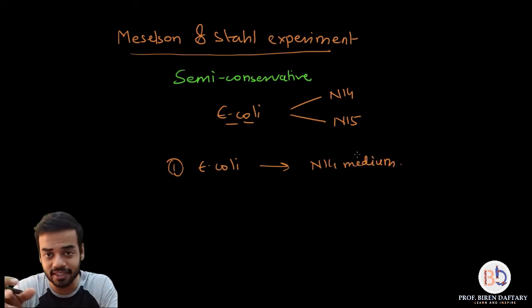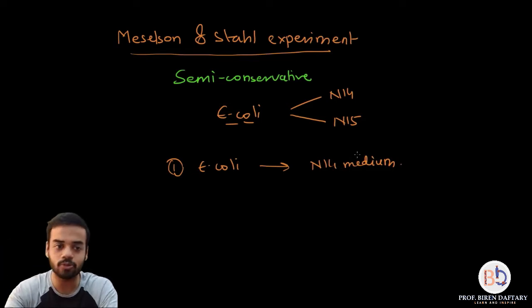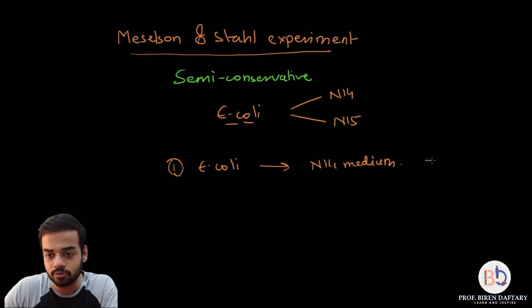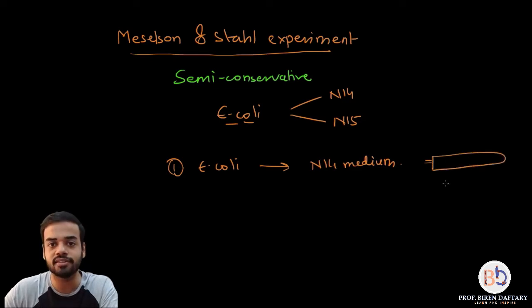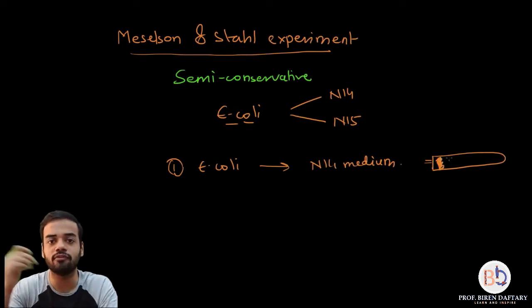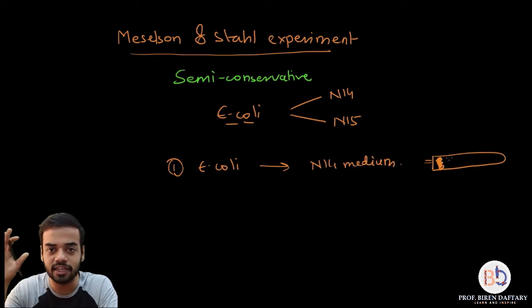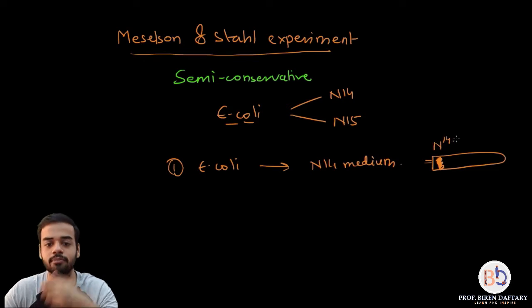When its DNA is getting replicated, and later on they took the DNA sample from that E. coli, they centrifuged it in 6 molar cesium chloride, and what they got was a tube which was something like this. So now I am showing a slanted tube indicating that it has been centrifuged. This is the centrifuge tube, this is the bottom, this is the top part, and they got a band somewhere over here towards the surface. So you can say that this is the N14 band, correct, because the DNA was cultured in N14 medium.